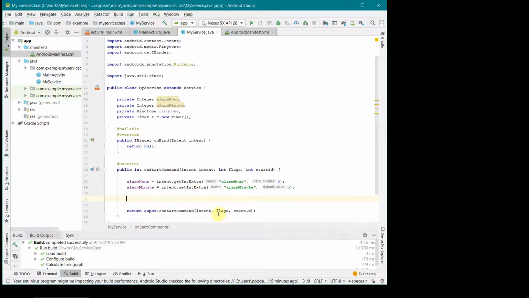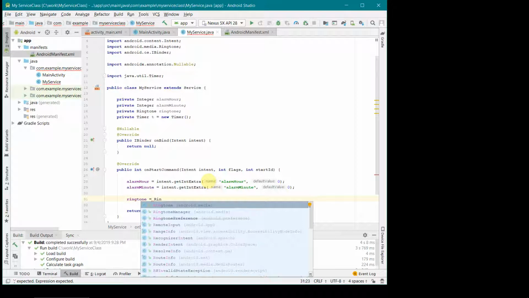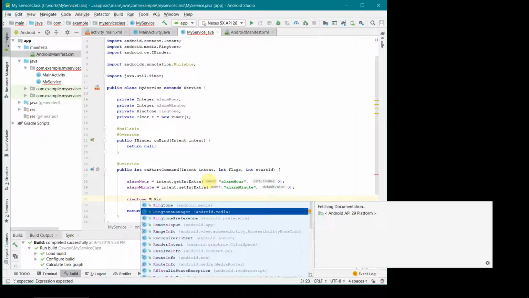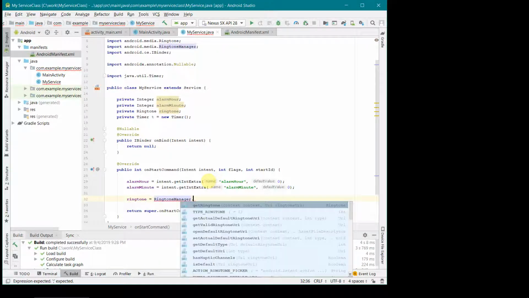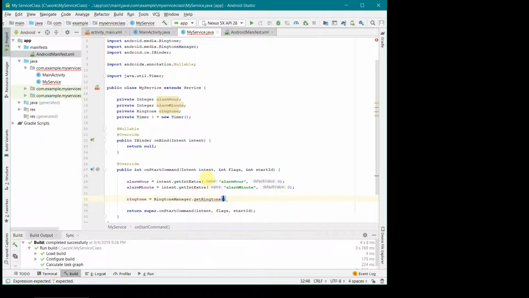Yeah, so once done this, what we have to do next is first create our ringtone, or get the ringtone from ringtone manager, and the context will be get application context.